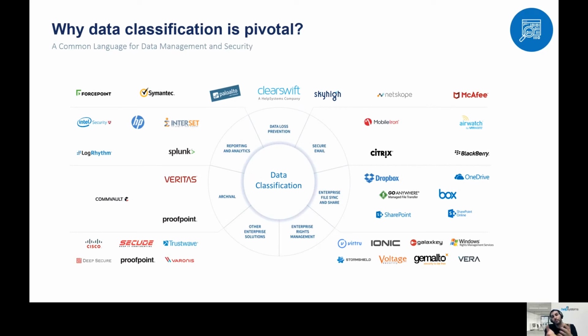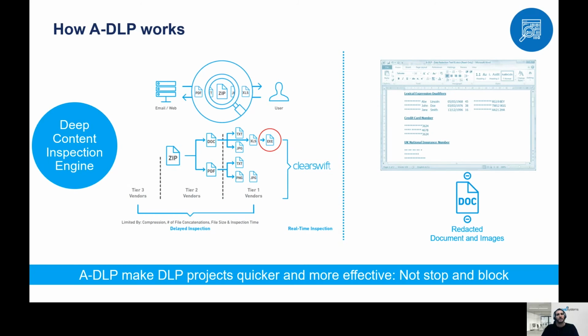You can put in place other security solutions such as DLPs, rights management, and encryption. But the first step is always to classify. The next step, as I mentioned, was about having DLP. But our approach is to have an adaptive DLP, which means that with our solution, you have a